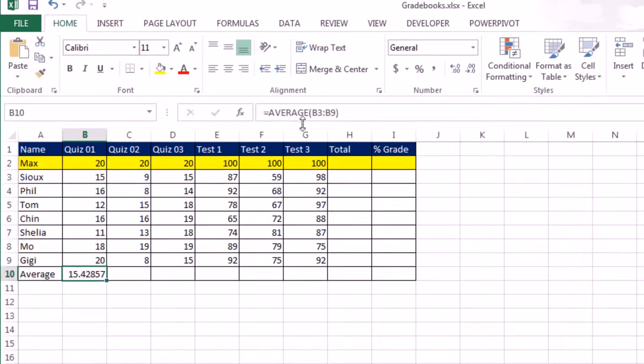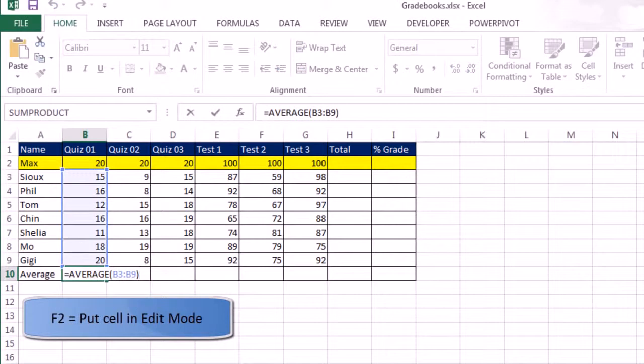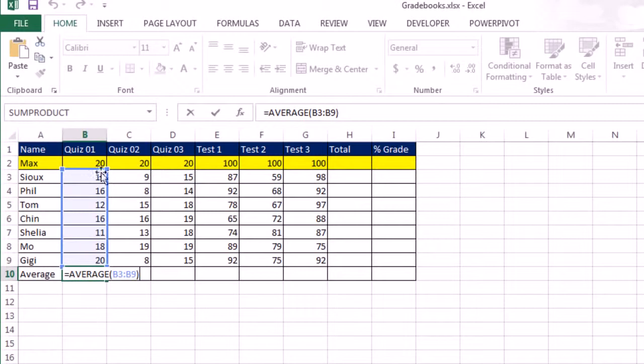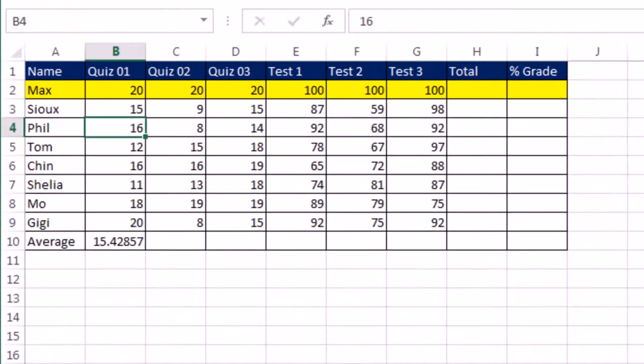Up in the formula, we can see it. It's pointing. Watch this. Down here, I don't want to have to look up here. I actually want to see not the formula result, but the formula in the cell. I'm going to hit the F2 key. F2 puts the cell in edit mode. And you can see the blue. It's not dancing ants. That means you're not in redirect mode. But there it is. Those cell references are what we're putting inside our Excel formula instead of typing these numbers into a handheld calculator. And what that means, Control Enter, is now I'm allowed to just come up to Phil's